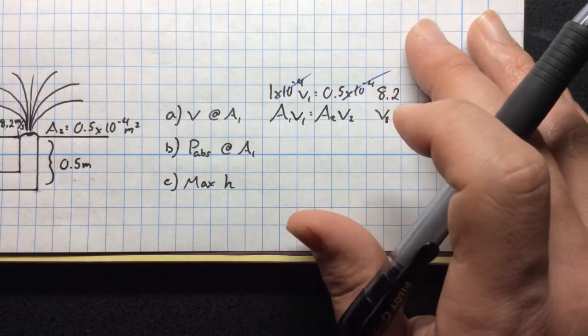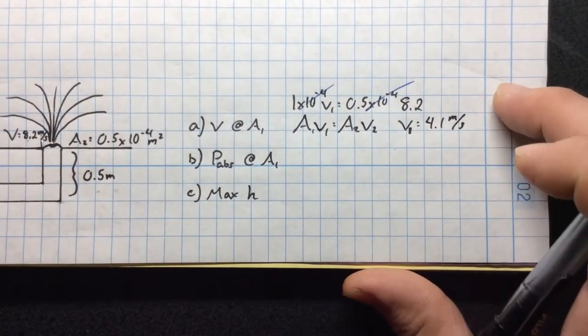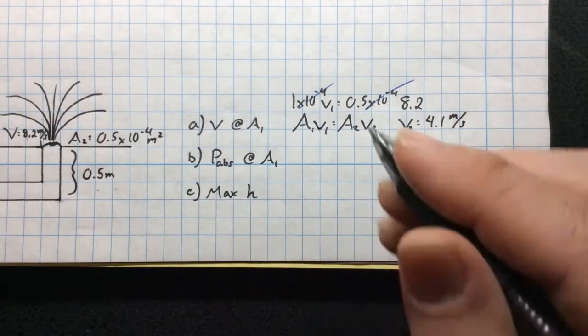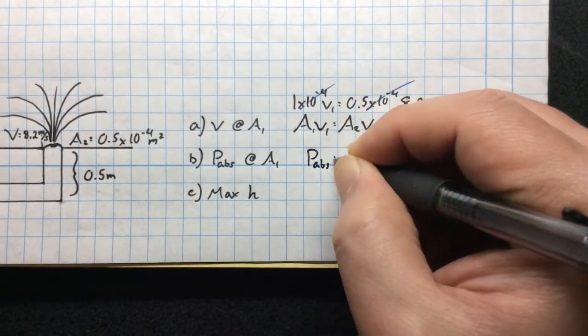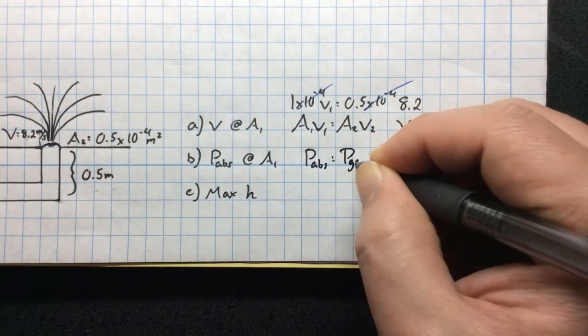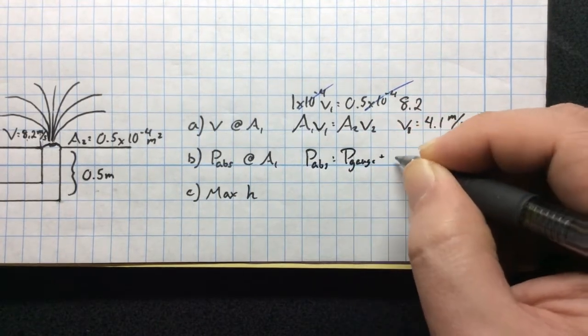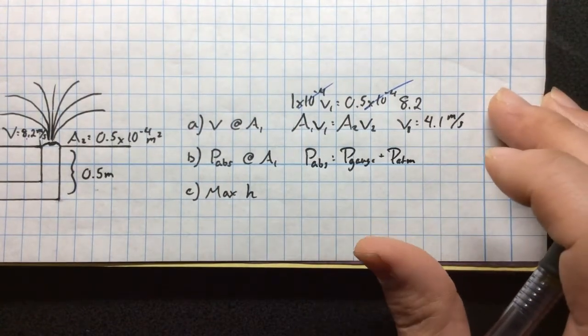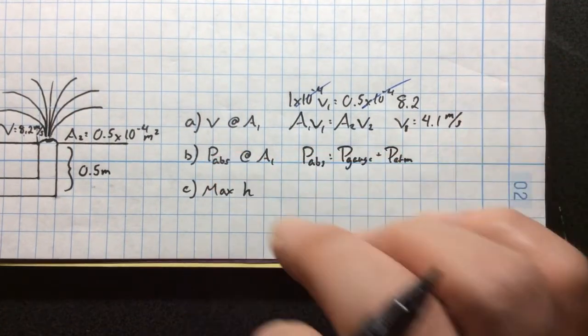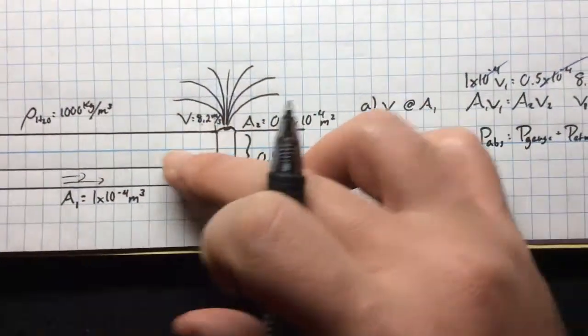All right, second, now let's do part B. The absolute pressure at A1 should be the gauge pressure plus the atmospheric pressure. And in order for us to get the absolute pressure down here, we're going to have to